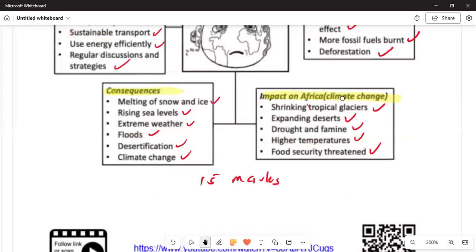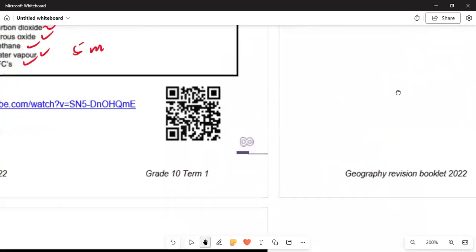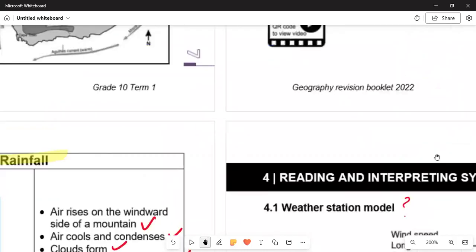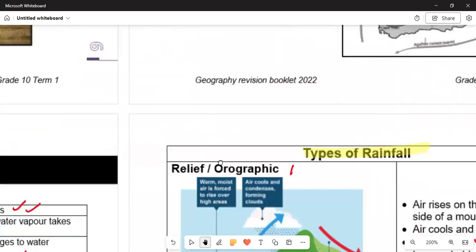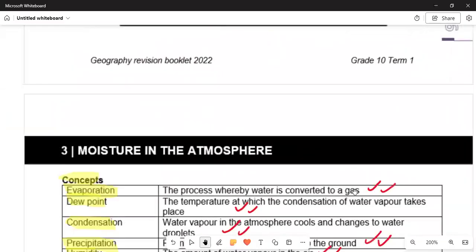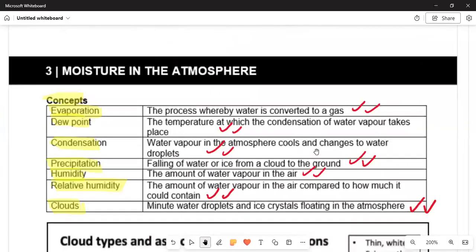So this is such a big topic. And then we need to ensure that as a country, as the people, we abstain from the activities which may lead to global warming, because it is not only the current population that is going to live here. All right. And then if we are moving on again, we are talking about the moisture in the